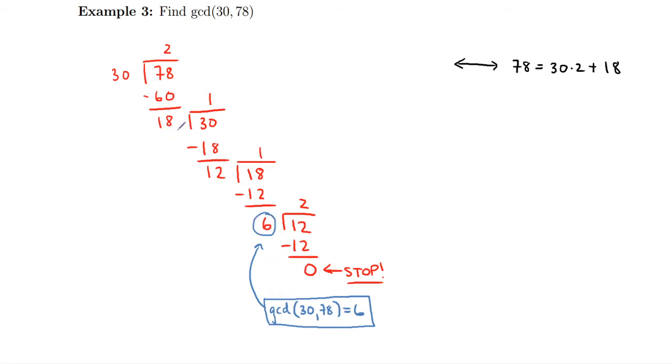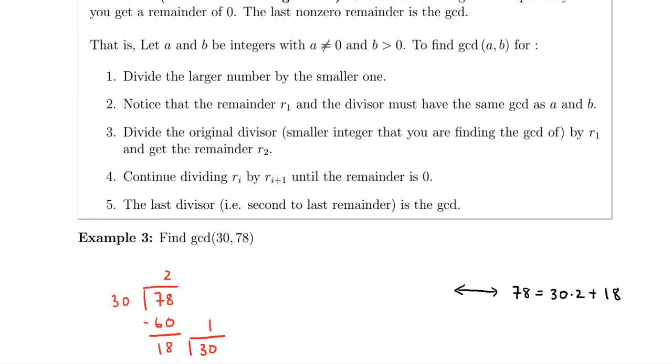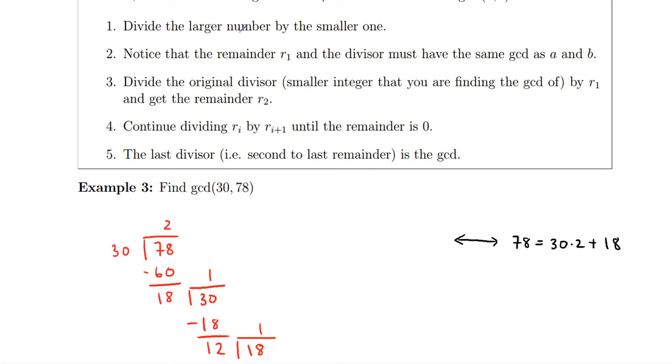Okay, so let's look up here at what the algorithm says. Let a and b be integers. A is not equal to 0, b is positive. Find the GCD. What you're going to do is first divide the larger number by the smaller one. So that's what we did, right? We divided the larger number 78 by the smaller one 30, and you get an answer of 2 and a remainder of 18. So notice that the remainder, we'll call that R1,